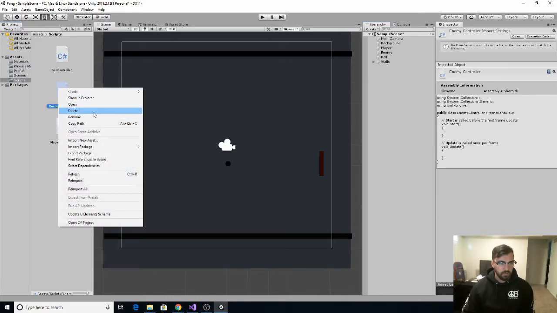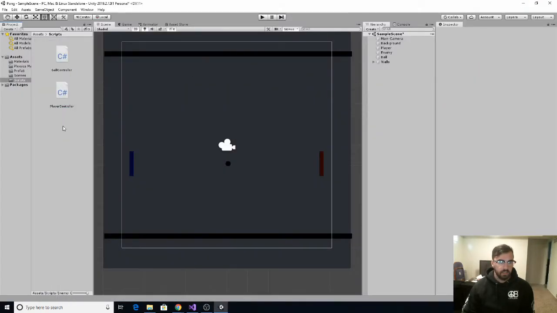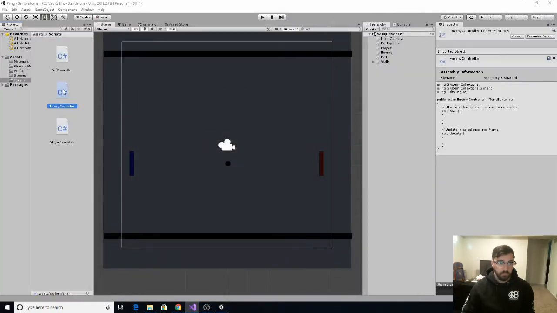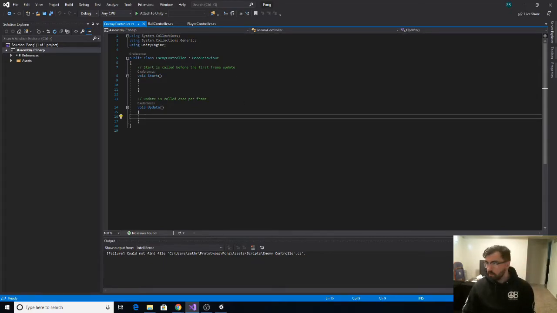We're gonna delete this script because you should never put spaces in your script names because then they don't work. Or maybe they do and I just did something dumb that I didn't realize. But there, now it worked. Okay, so basically all we want this to do is we're going to use a function